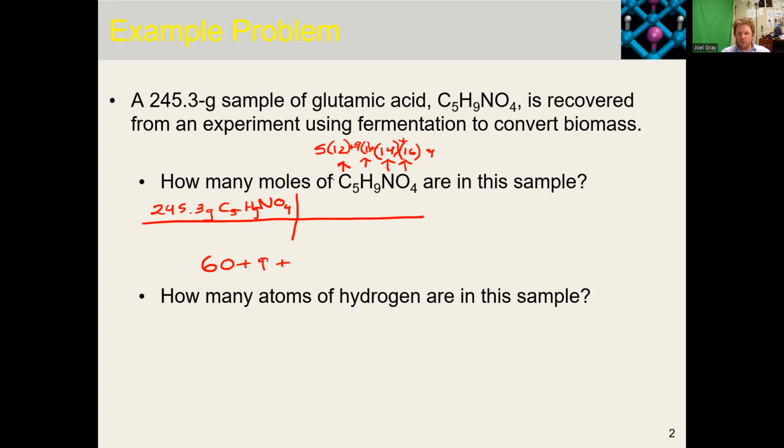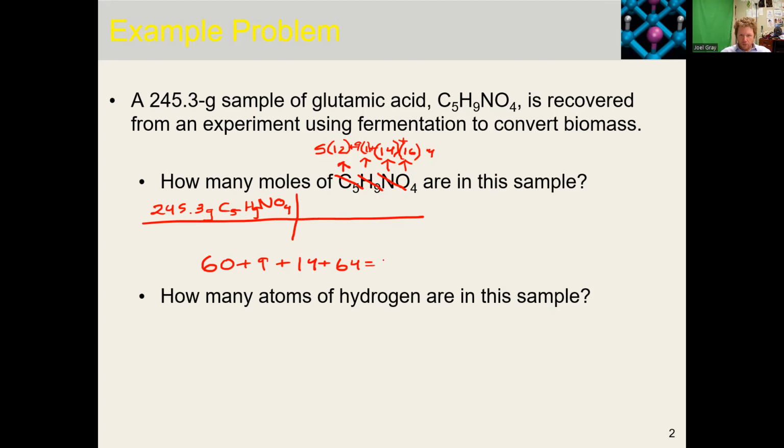I've accounted for the carbons and the hydrogens, and nitrogen is 14. Plus 16 for oxygen, but we have 4 of them, so plus 64. So 60 plus 9 plus 14 plus 64